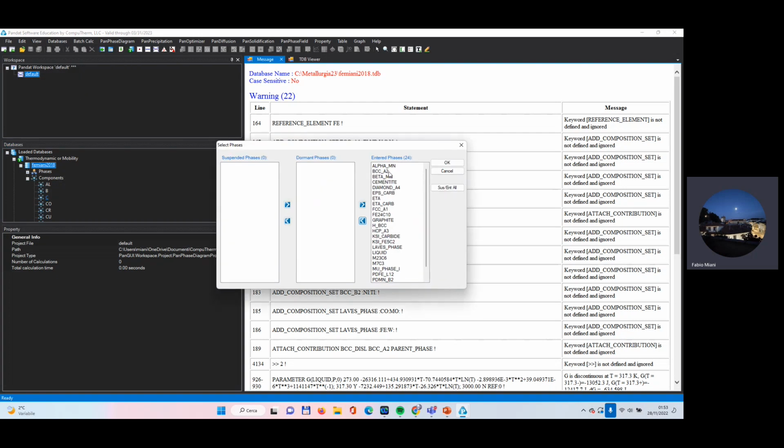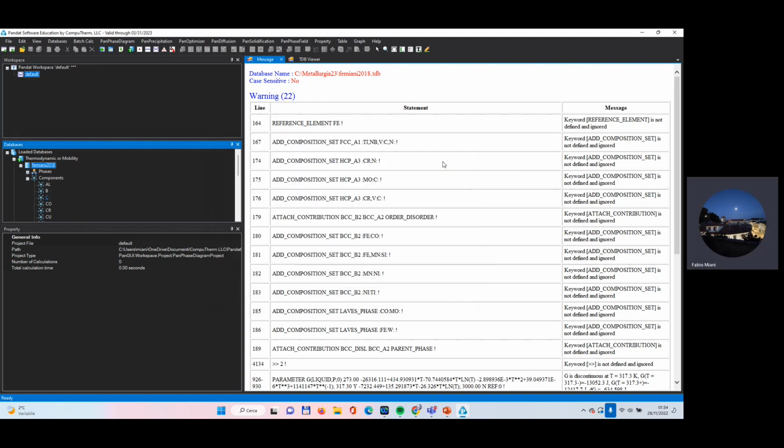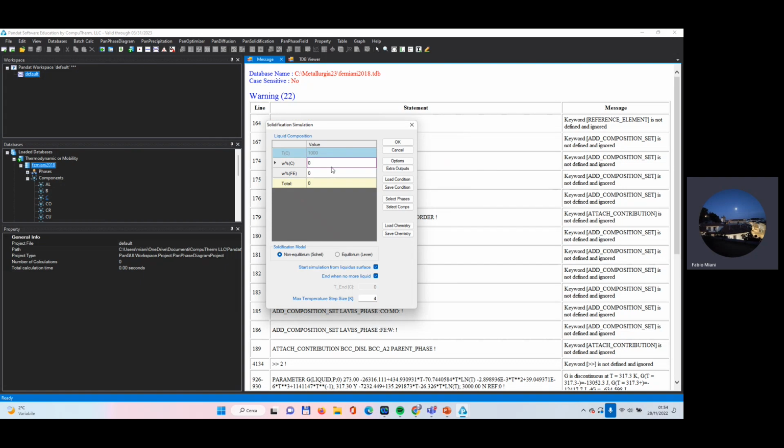Exclude your phases, graphite and diamond here, and here you put them there. Make your solidification simulation. We've been using 0.7 here. Click with the right mouse button, and then you can replace the value with the remainder. It would not be difficult with two components, but when you have 10 components like the commercial version, it's more difficult. So we'll use equilibrium here, and then